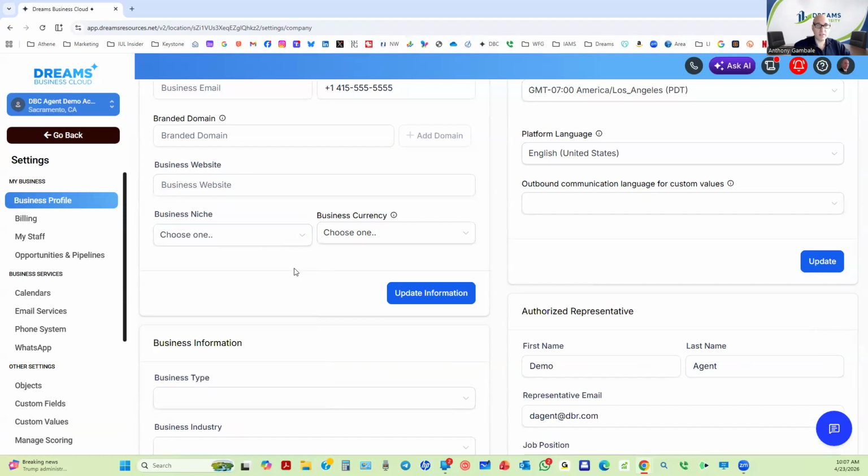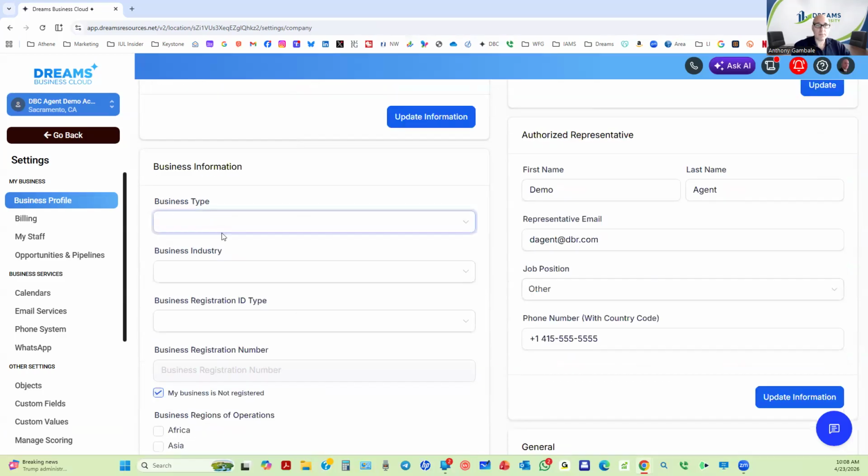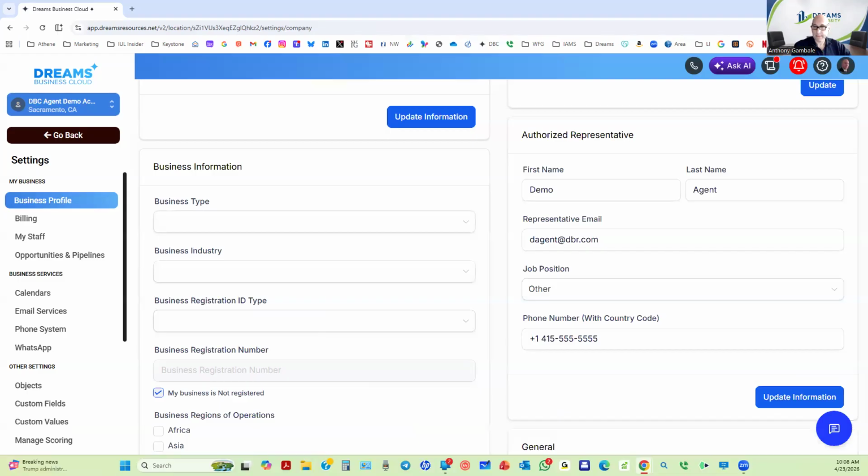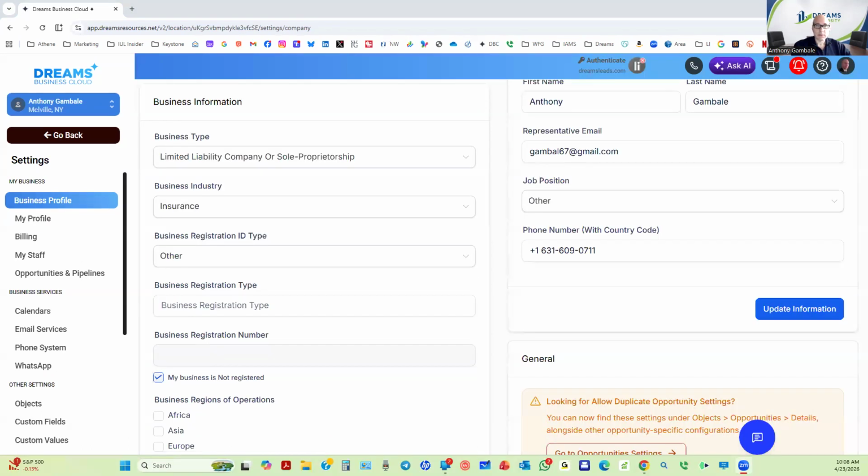You're going to choose a business niche, right? A country, business type, business industry. Let me pull mine up. This way you can kind of see what a finished one looks like. Just bear with me here. Okay, so we have